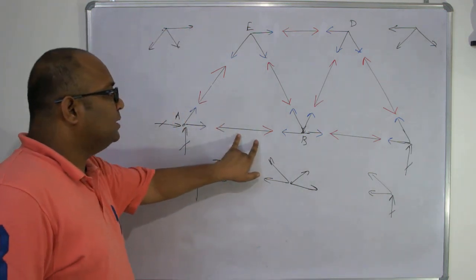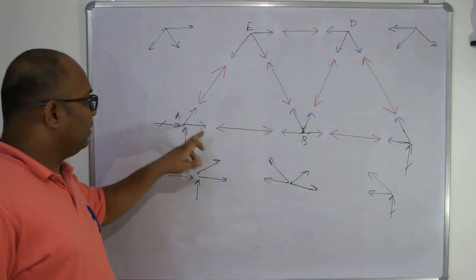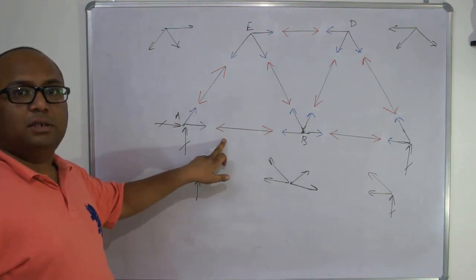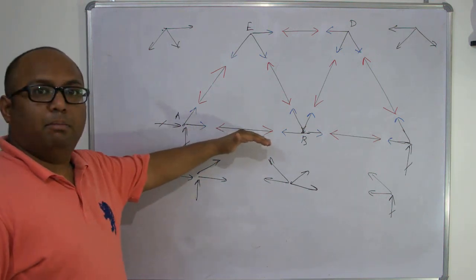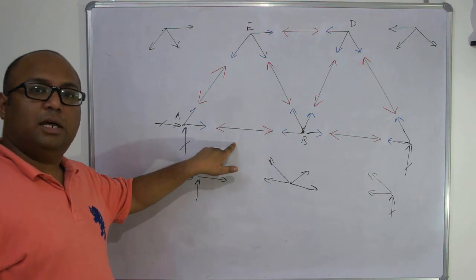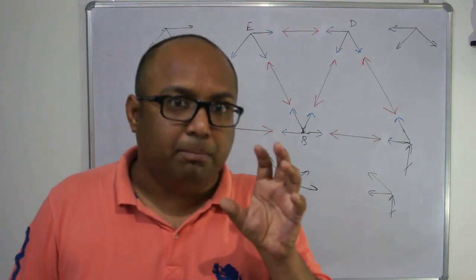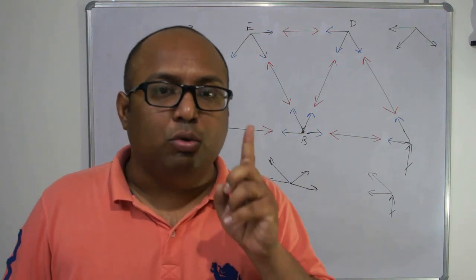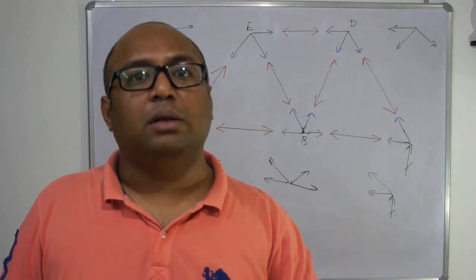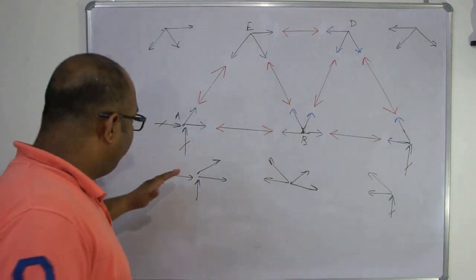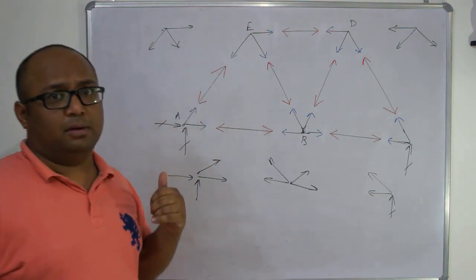And if a member is in tension, then it will produce a pull on the pin. Every action has an equal and opposite reaction. So if you apply a force in this direction, the pin will experience a force in the opposite direction. So while you are drawing the FBD of the pin, you have to draw the arrow away from the pin along the member. Away from the pin along the member.